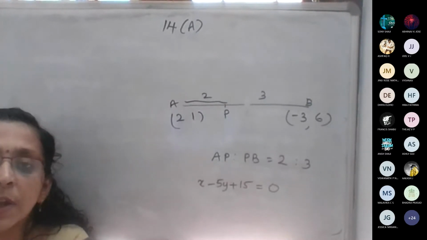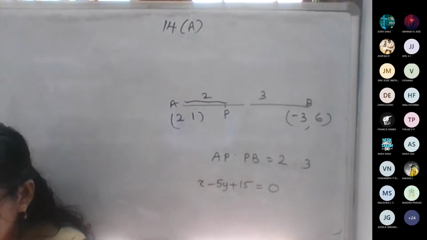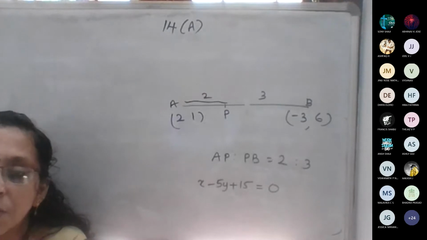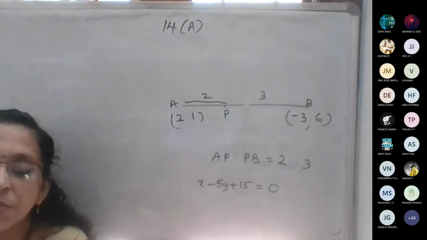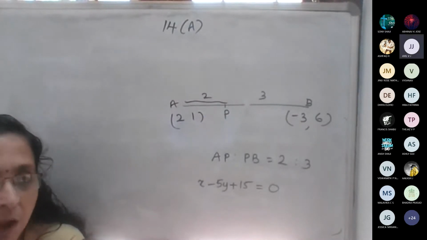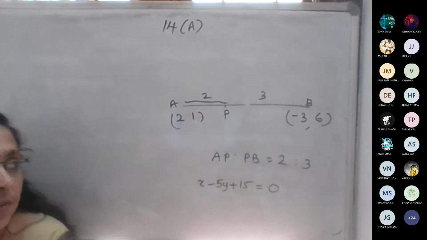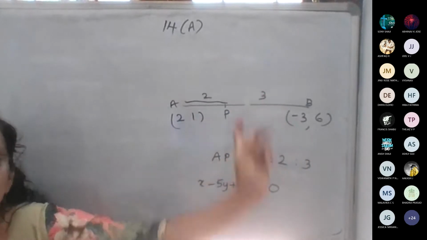Ratio is given. Two points are there, then ratio is given. Already we discussed. Which formula? If two points and a ratio are there, using the section formula we can find out which one. Ratio is there, x1 y1, x2 y2 is there. We can find out P(x, y).